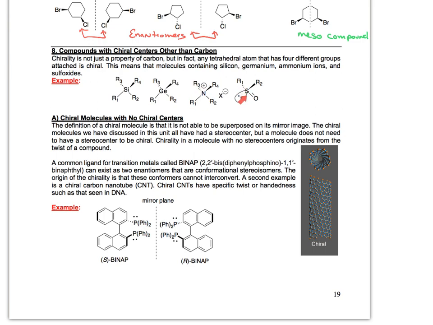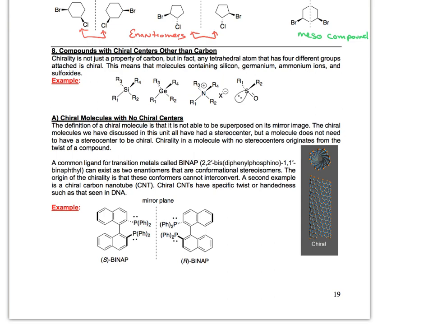Sulfur compounds are also chiral. In this one, you may be able to say, well, wait a minute, there's only 3 different groups on there. We've got an oxygen, R1 and R2. Well, in this case, the lone pair of the sulfur also is considered a group, and these chiral sulfoxides are also chiral. Now we can also have chiral molecules that have no chiral centers, and we talked earlier on